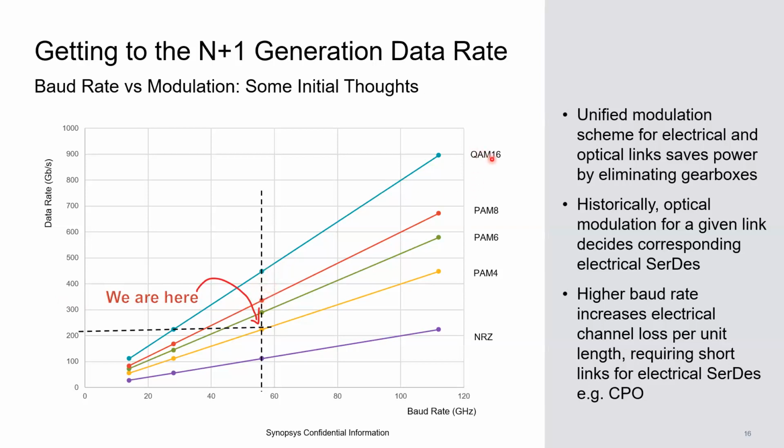And then there's coherent modulation, which is quadrature amplitude modulation 16, QAM16. For the same baud rate, you can go up to 448 Gbps. So that's the very narrow SerDes power dissipation perspective as well. But when we talk about the whole ecosystem in the data center, there are other things that we need to